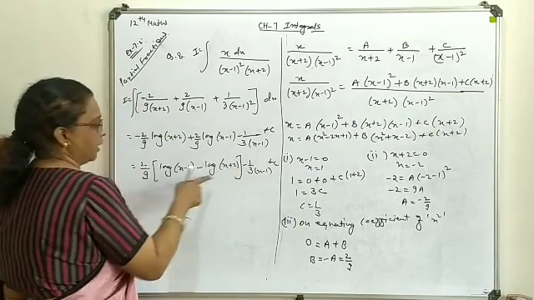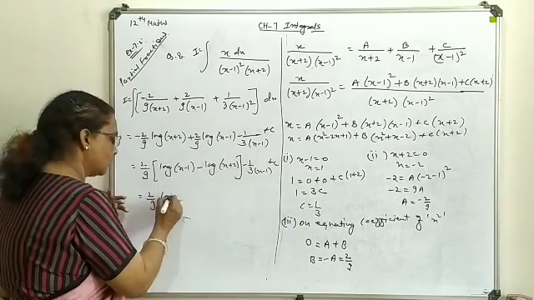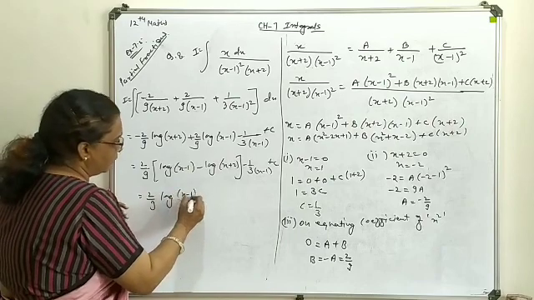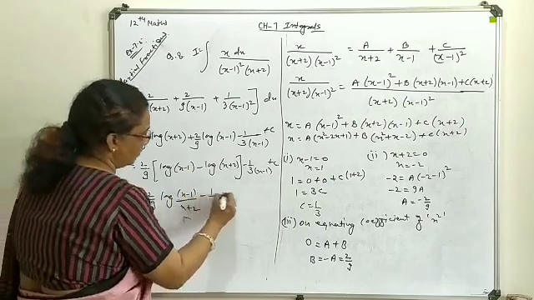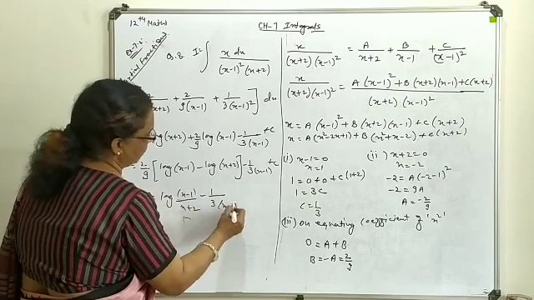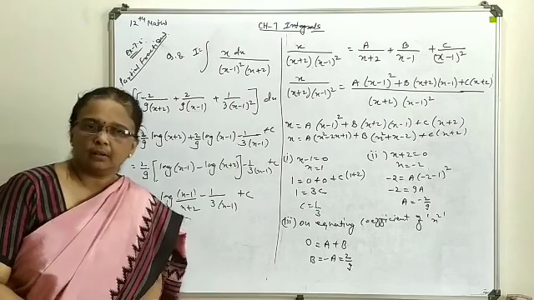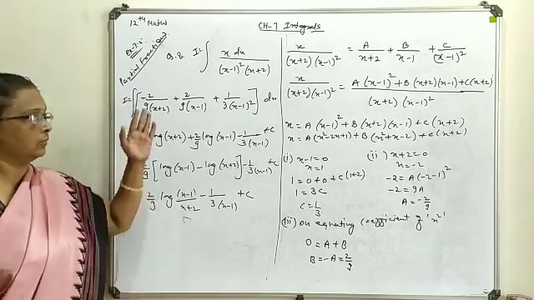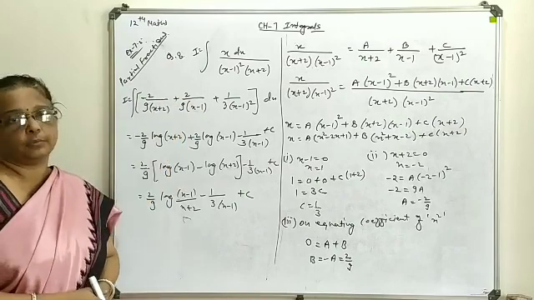This also can be combined as a m by n form. So 2 upon 9, this is log. If you write the shortest form, it will be better for you, minus 1 upon 3 x minus 1, plus C. So this way such types of situations are to be handled. So it was the third category in which this type of constants are to be introduced.